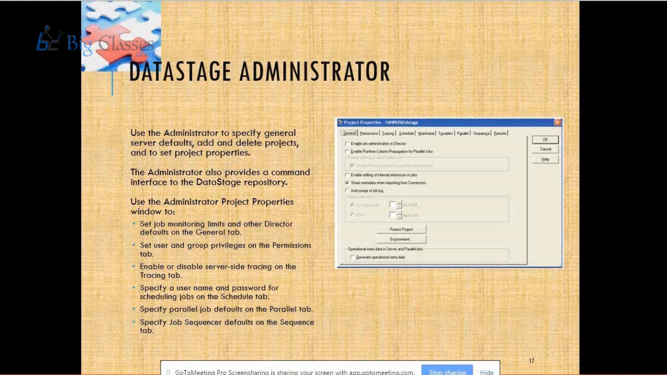The other one is enable runtime column propagation for parallel jobs. What it actually does is give you the flexibility to ignore or forget about additional columns that get added in the future. In short, if you design a job today with, say, 4 columns from source to target, and in future the source column metadata changes to, say, 6 or 7 columns, and RCP, runtime column propagation, is enabled in your job,